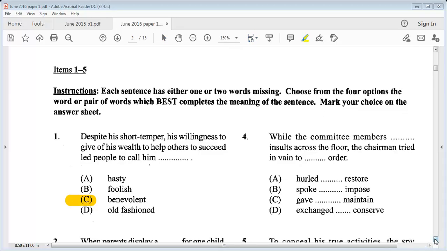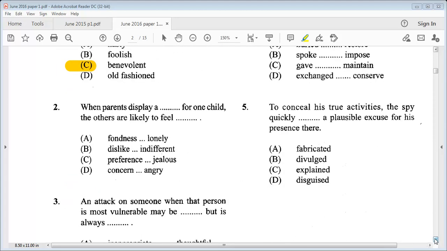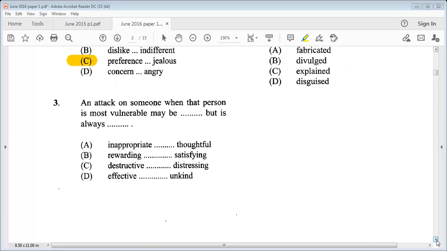Let's go on to number 2. It says, when parents display a dash for one child, the others are likely to feel. So we know our answer option would be C. When parents display a preference for one child, the others are likely to feel jealous. 3 says, an attack on someone when that person is most vulnerable may be dash, but is always dash. So we know that our answer option is D. The answer is D. So an attack on someone when that person is most vulnerable may be effective, but is